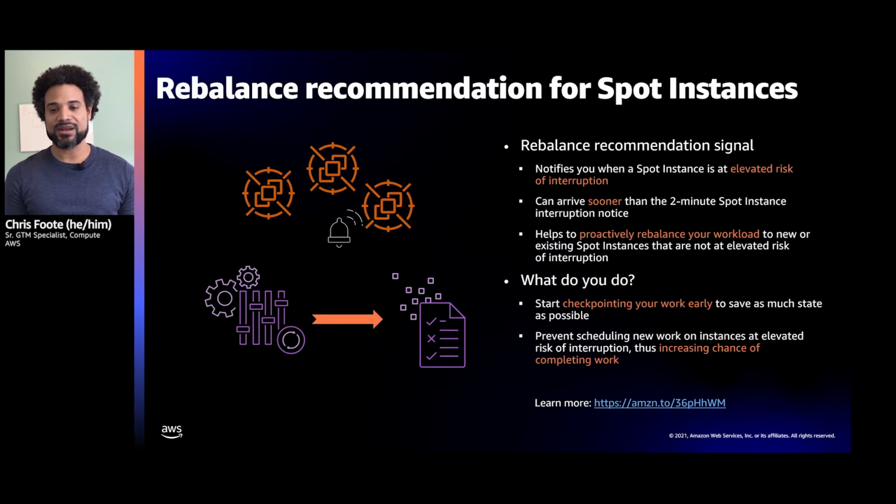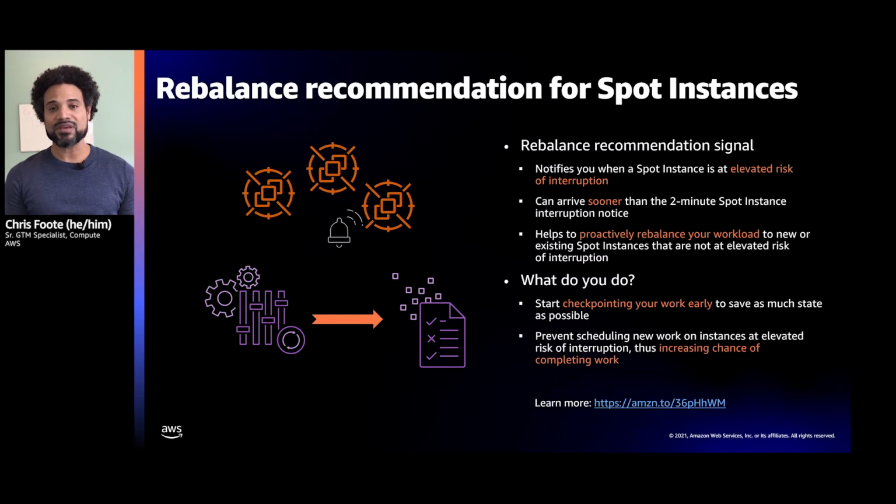In addition to the spot interruption notification, there's also a second signal that's available now, and we call that the rebalance recommendation signal. The rebalance recommendation signal notifies customers when a spot instance is at an elevated risk of interruption. Because of that, this can potentially arrive sooner than the 2-minute spot instance termination notice. The purpose of this is to help customers proactively rebalance that workload to new spot instances that aren't at an elevated risk of interruption.